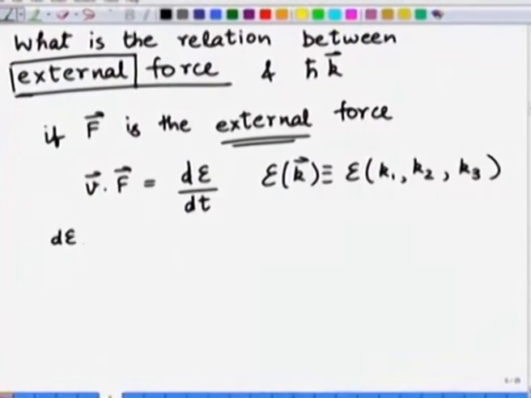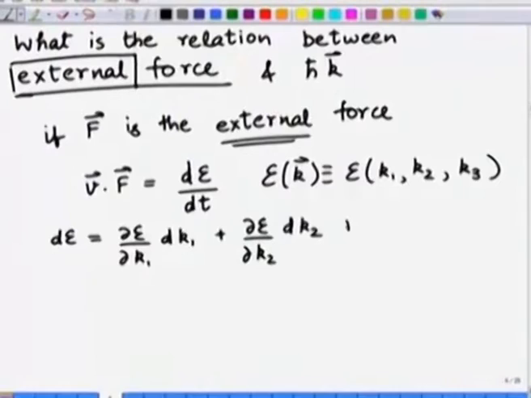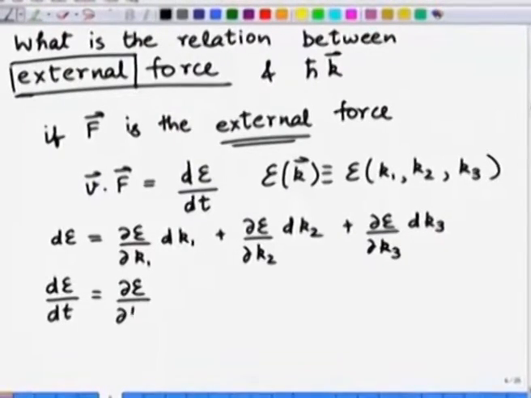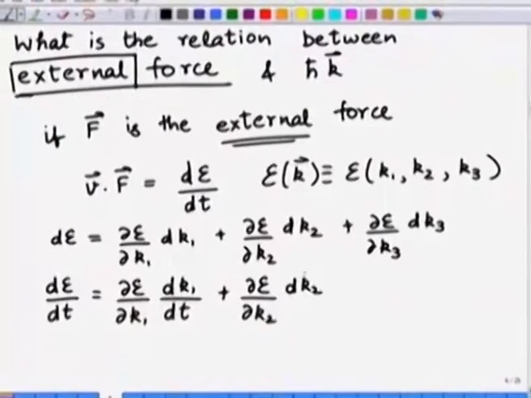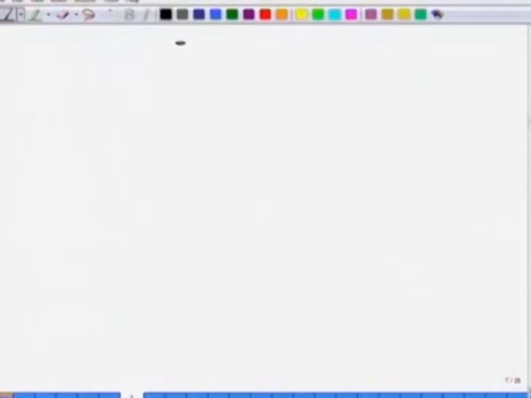So, dE is equal to del E by del k1 dk1 plus del E by del k2 dk2 plus del E by del k3 dk3, and therefore dE/dt is del E by del k1 dk1/dt plus del E by del k2 dk2/dt plus del E by del k3 dk3/dt,